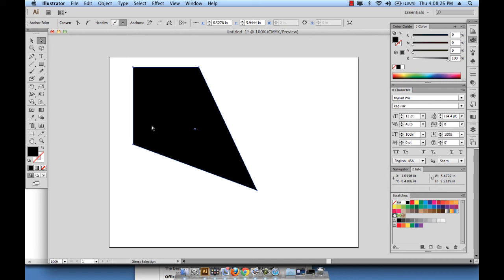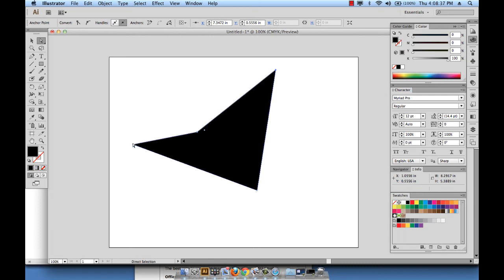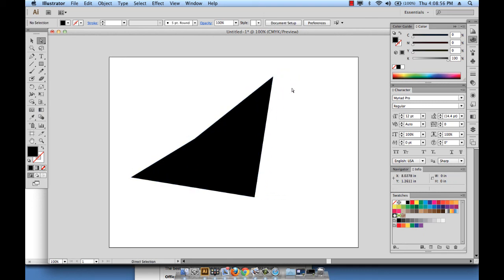Now, the others being white doesn't mean that I can't do anything with them. Let me, for example, go ahead and touch the top left one and drag it down, create shapes. You have to play around with these to get a feel of how powerful the direct selection tool is. But just remember that if you click in the center of the object and you see all vector points highlighted in blue, it means that you cannot do something specific to one of the vector points. In order to be able to do something specific to one of the vector points or to several, you just need to make sure that you click on the edge